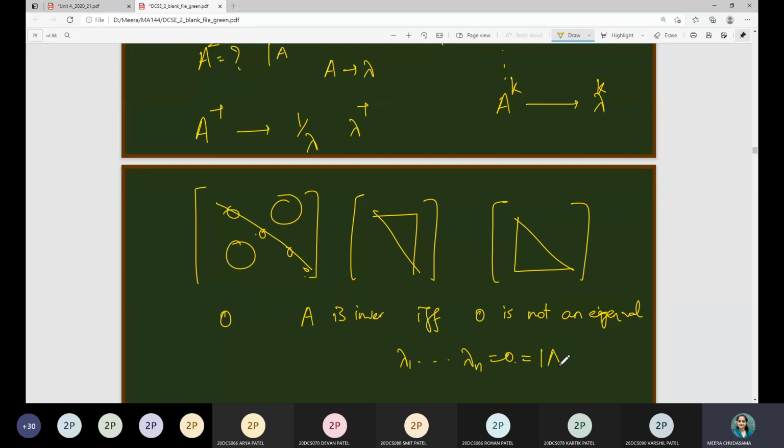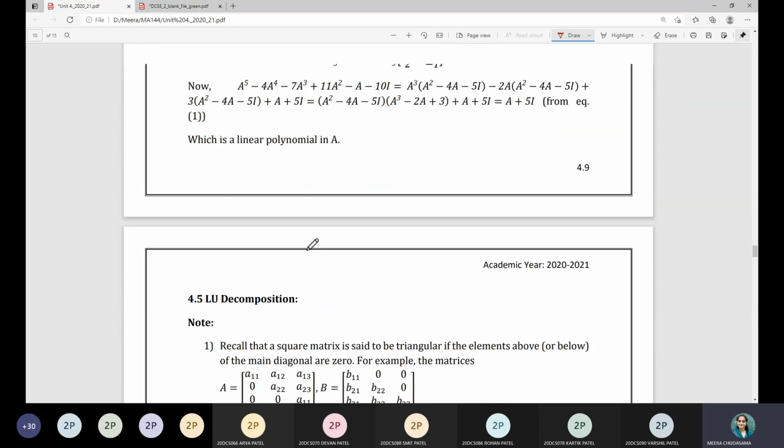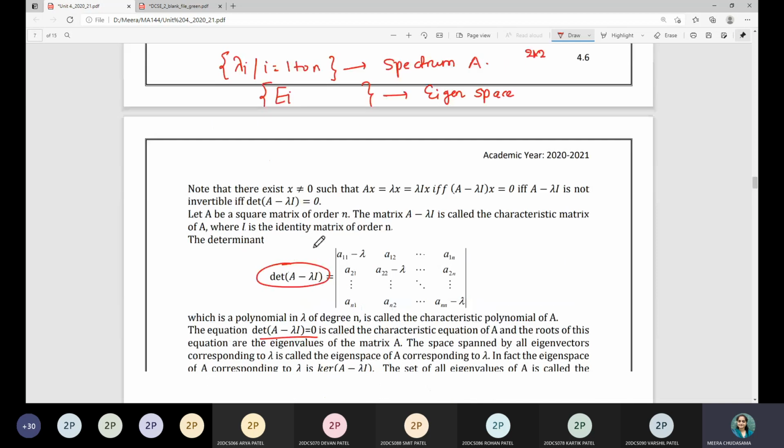But we have proved that the product of eigenvalues is nothing but the determinant of A. And if the determinant of A is equal to 0, then you can say A is not invertible, right? So we have a condition that A is invertible if and only if 0 is not an eigenvalue. So these are some of the shortcuts which we are going to use whenever we are given special matrices like transpose, square of a matrix, power of a matrix, invertible matrix, diagonal matrix, lower triangular, upper triangular, like that. Okay, so let me show you these properties so that you can have the idea.